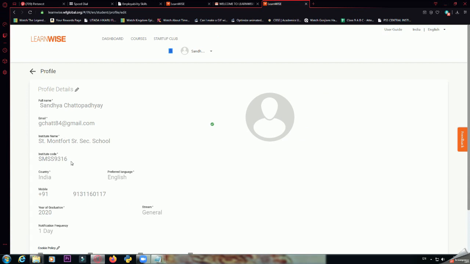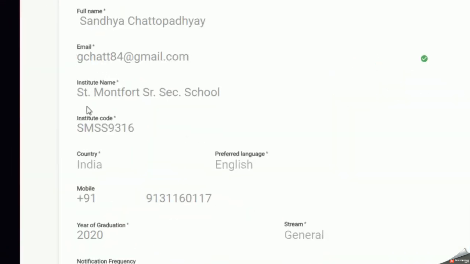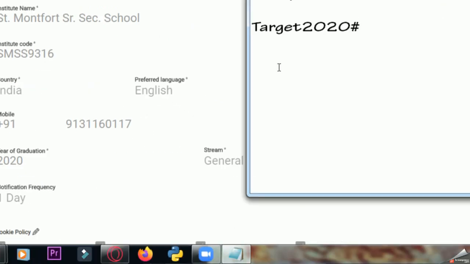So very first thing which you should make a list of is this thing, that is your institute code. Your institute code, this one, this part over here. So make a note of that. So I'm making a note of it as SMS S9316. This is the institute code,